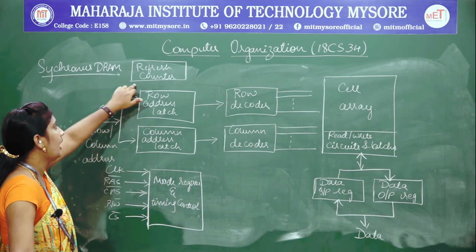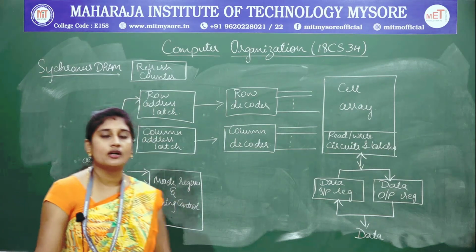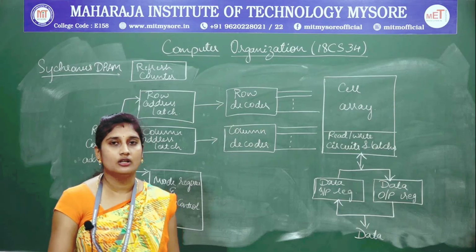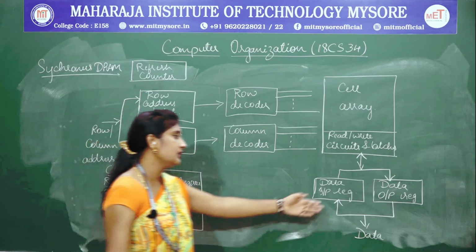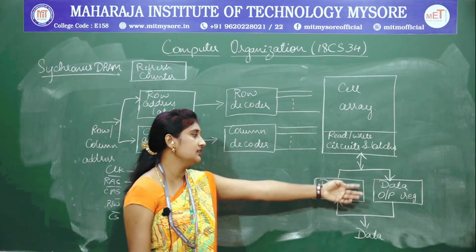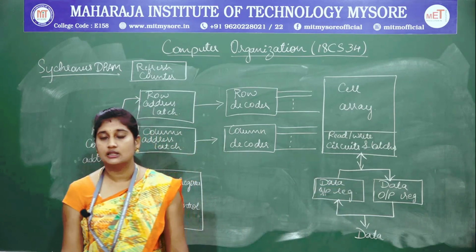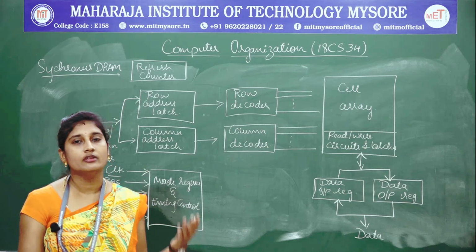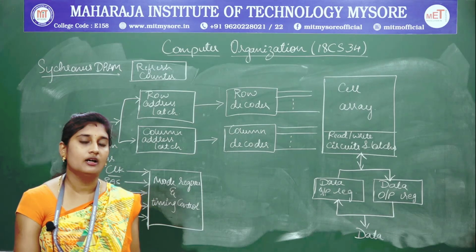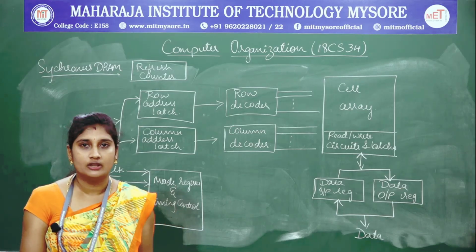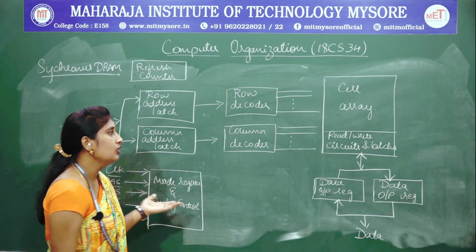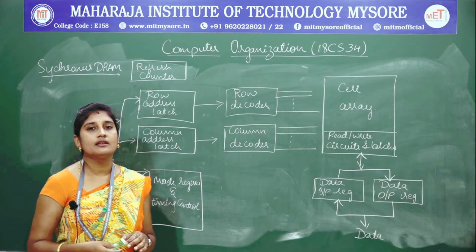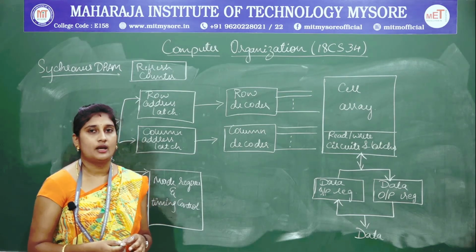So that is why you will be having a refresh counter, and whatever information you are reading or writing will be held within your registers, called the data input register and data output register. So here you will be using buffer registers. In your asynchronous DRAMs you were not using these buffer registers, but in your synchronous RAM you will be using buffer registers to improve the access time of your RAM cells.